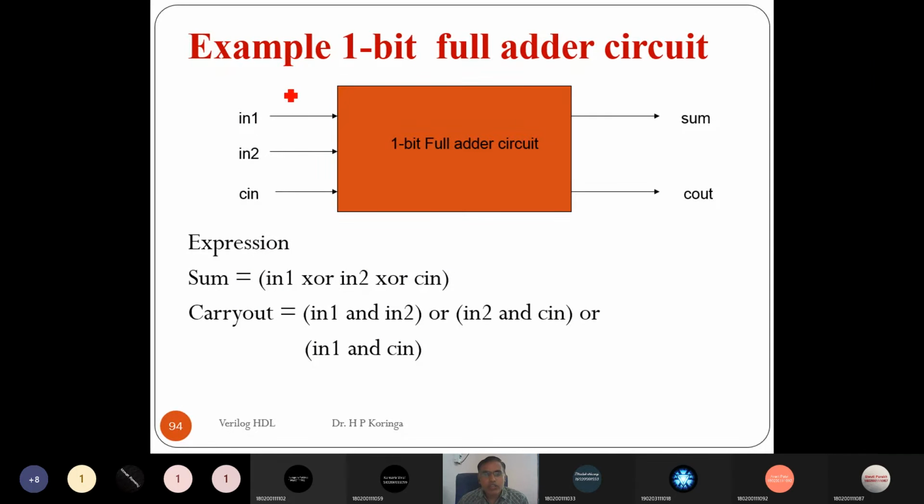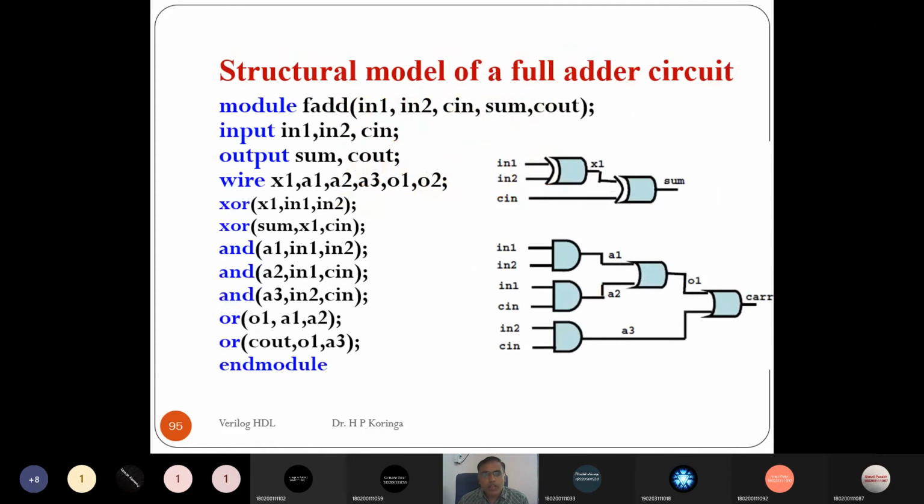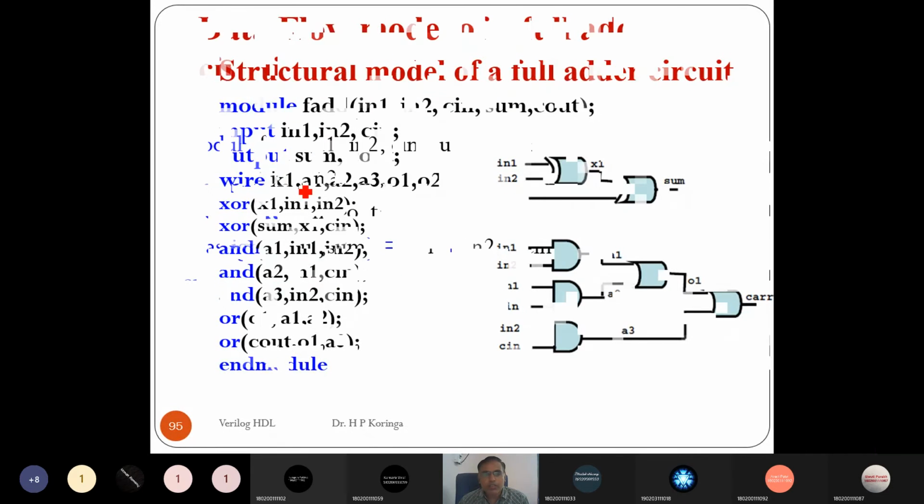Now we'll see this, we already have seen. Let me quickly go through it. Implementation of this adder using all the three abstraction levels. So this is the logic which we want to implement, right? And let me see how it can be implemented using the structural model, means the gate level abstraction model, right? So this is the implementation of the gate level abstraction model, and we already know how the gate level implementation model works.